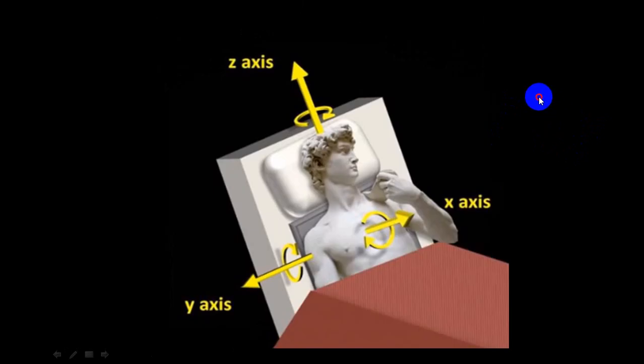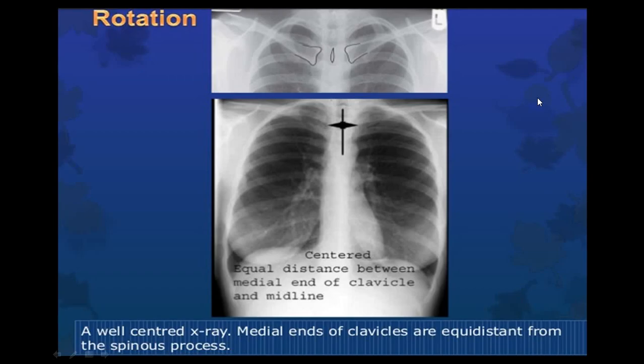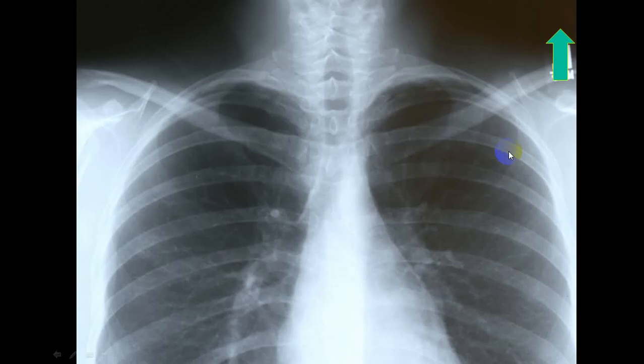Now these are the different axes in which you can rotate the person and have a picture. But whenever you are taking a PA view, two clavicles should be at an identical distance from the center. So if this distance is equal, rotation is not there. But if one side distance is less and the second side distance is more, there is a rotation. And rotation will give you a false impression of cardiomegaly or will decrease the apparent cardiac size, as well as some of the shadow will not be seen clearly. So whenever there is a rotation, it can give you a false interpretation.